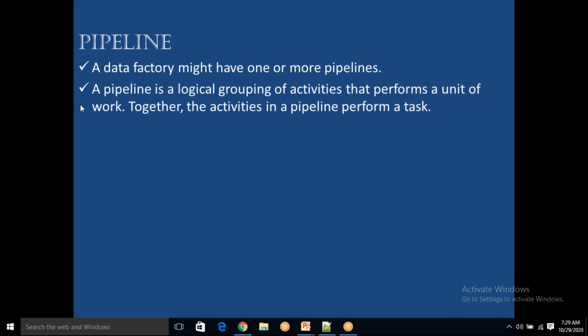Okay, so how are you going to achieve this unit of work? Together the activities in a pipeline perform a task. So what performs this unit of work is all the activities which you have in a pipeline. See, activities in a pipeline perform a task. This entire task will be performed by all the activities which you have in a pipeline. Next,